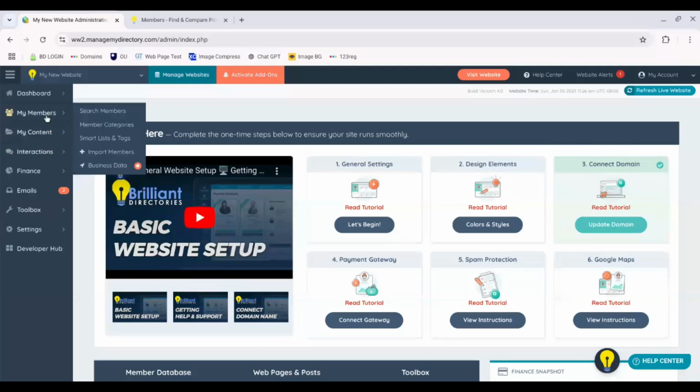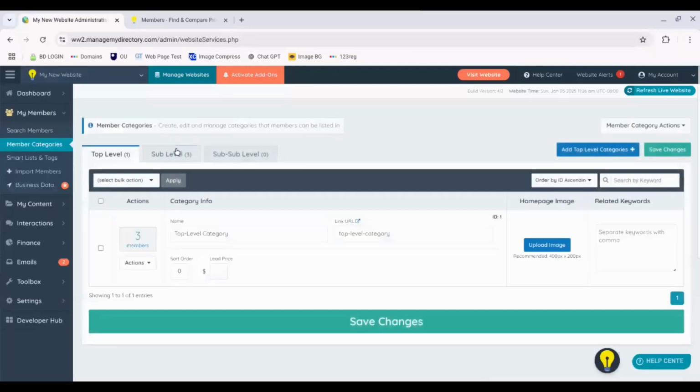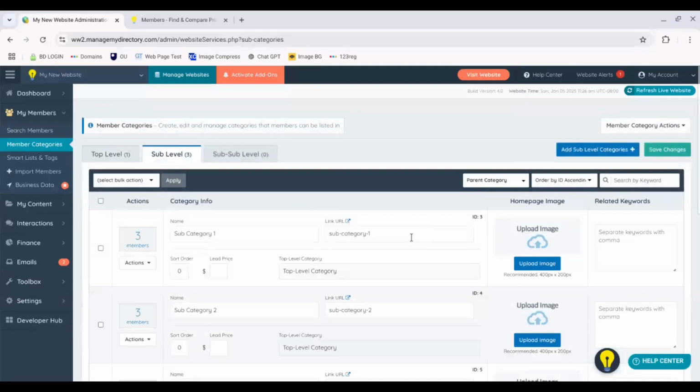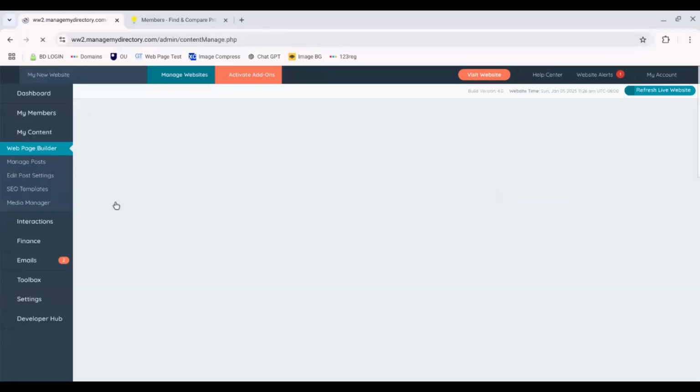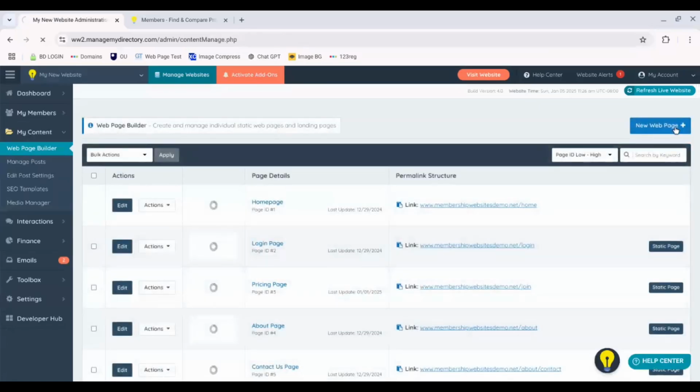Now let's go to My Members, Member Category. I'm going to create a static page for subcategory 2. So I'm just copying that URL. Then if we go to My Content, Web Page Builder, go to Add New Web Page,